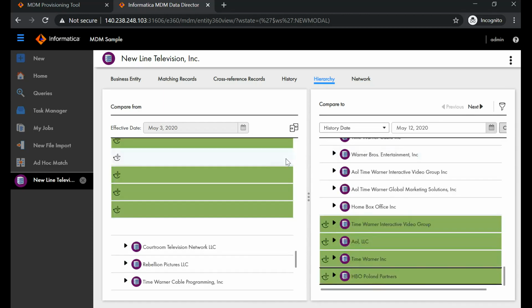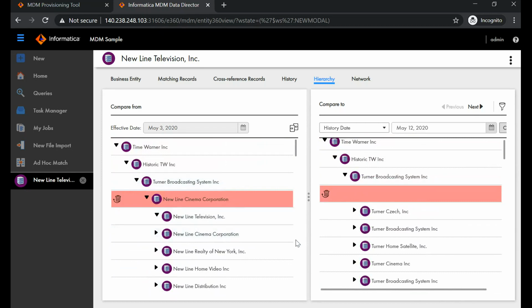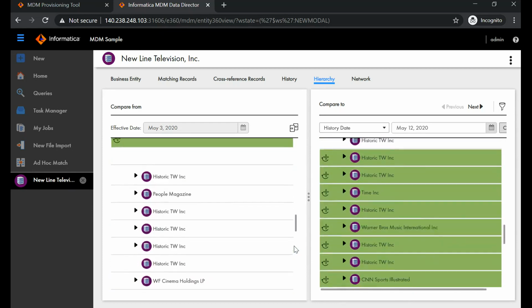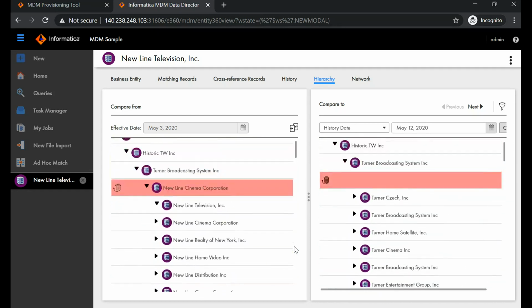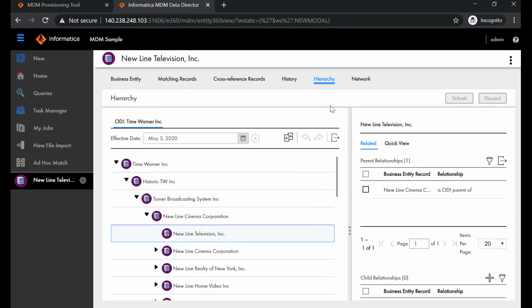This will give the comparison of the hierarchy: it will show what has been modified over this time period, what the new inclusions are, and all those brief details. This is one of the new features introduced as part of this hierarchy setup.